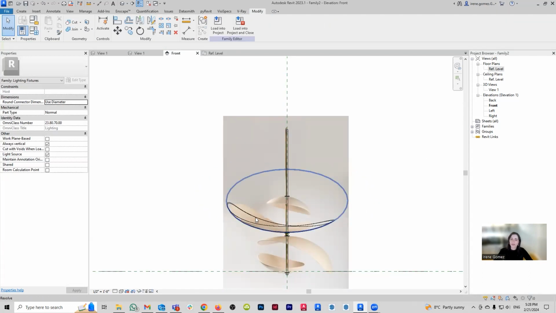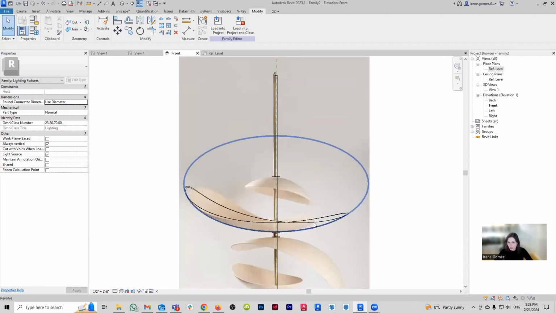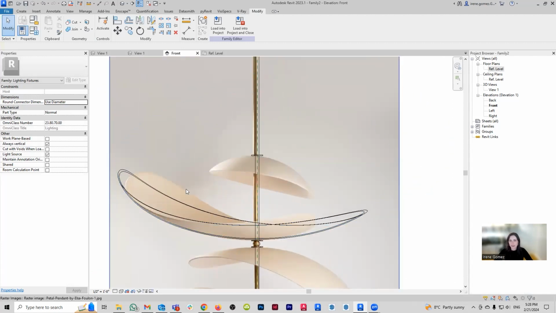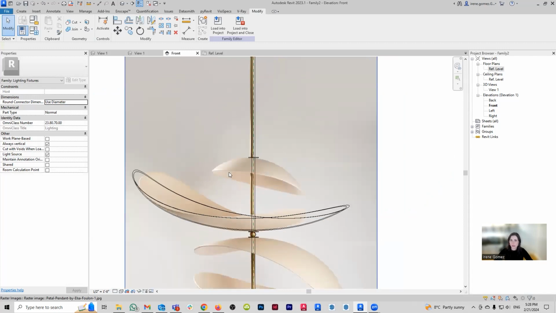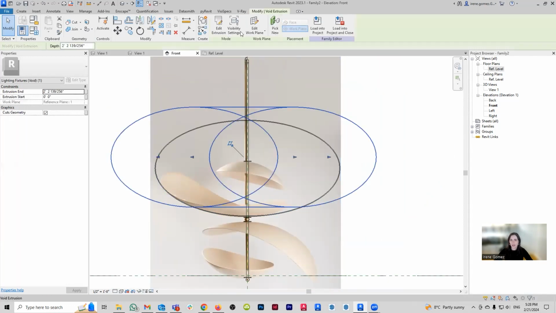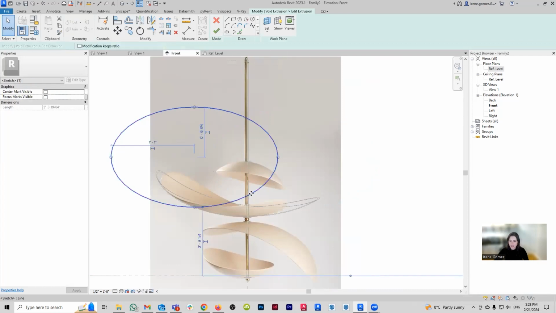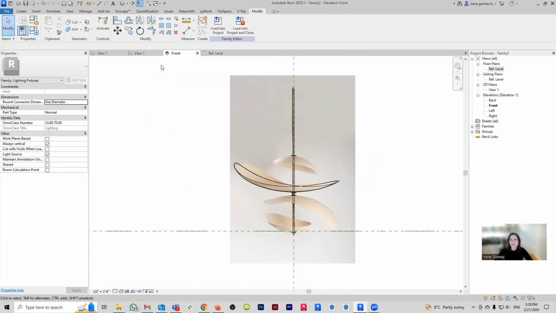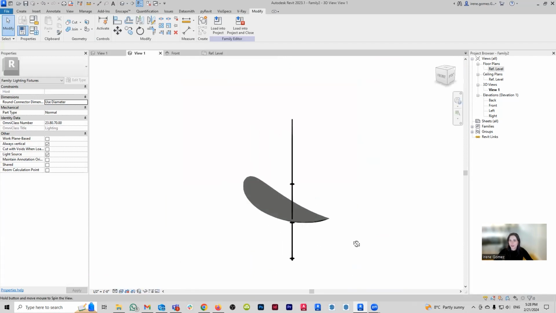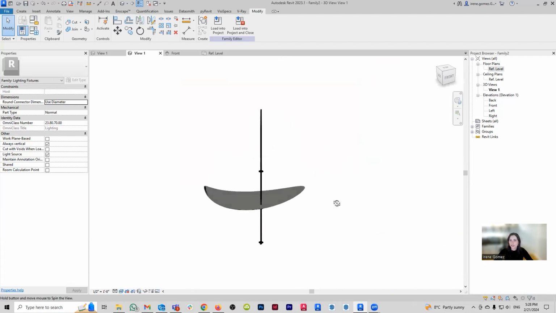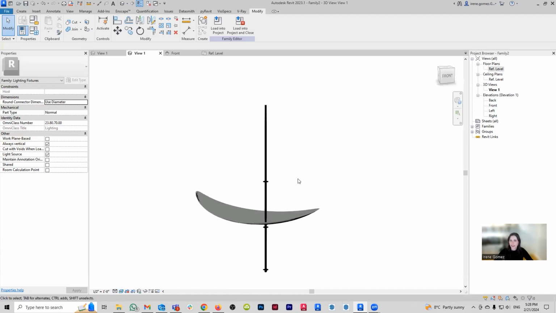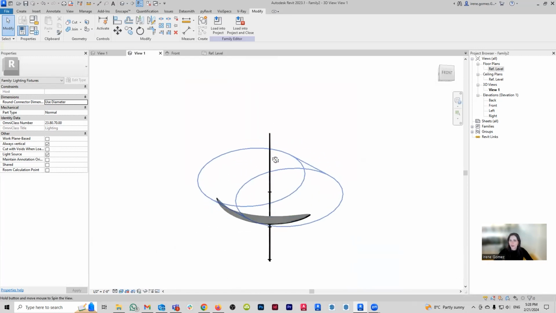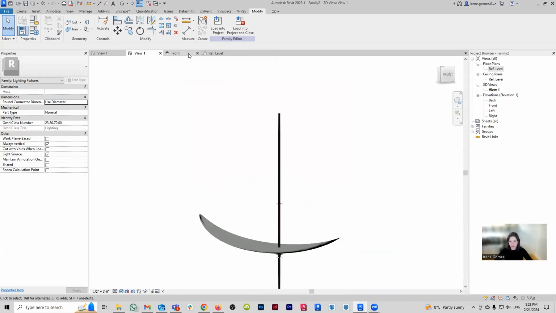Here we go. So again, this is not perfect, but as you can see, the height of the lip of this guy and the height of the lip of this guy are really, really close, which means that I am really, really close with my lighting fixture. And again, I cannot be more precise because there's not enough information. But if we look at the 3D view, you can see that it is very closely creating the effect that we desire. So fantastic, amazing. We have our first petal, so to speak.